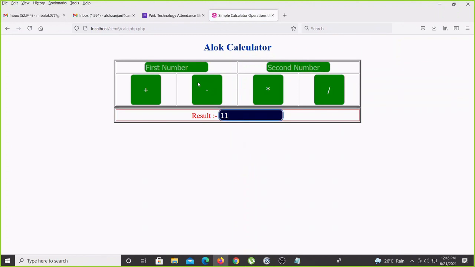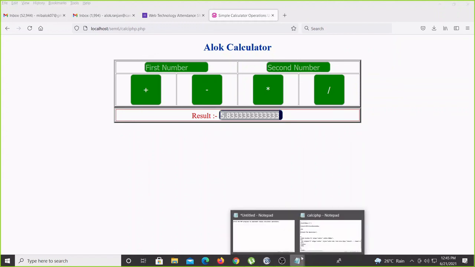Okay, I'll click again, 8 minus 7 is 1 coming. Then I click here, 12 times 5, multiplication, 60 is coming. I click here, 35 divided by 6, 5.833 is coming. Okay, then you can round off, so many things we can do, right sir?